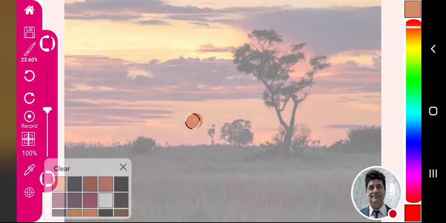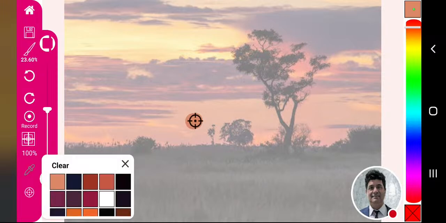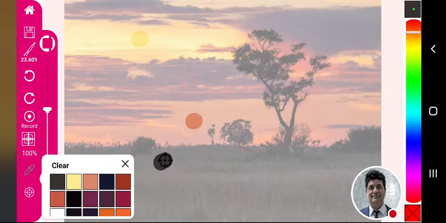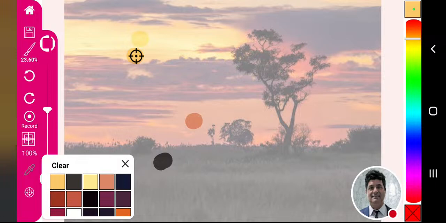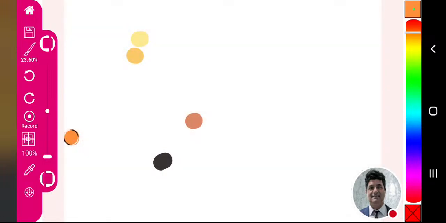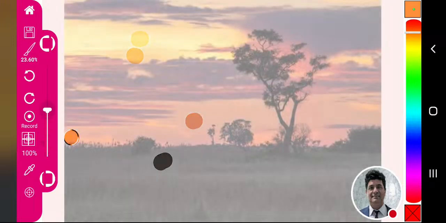So color picker, pick this color picker, pick that color picker, this color picker, and then let's pick another color, this one, color picker, and then this one, and let's see what the colors we have. Look at that. These are the colors that we've just picked up, and there are thousands of these tones going on. So another tip I'm going to give you is that if you're beginning, please try